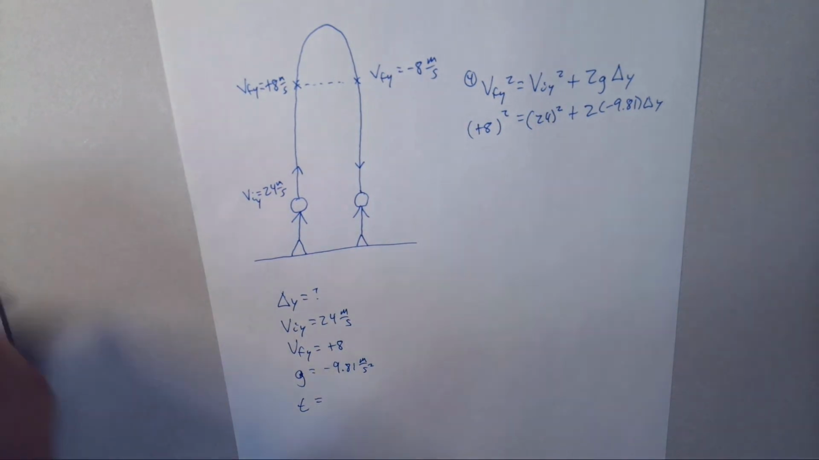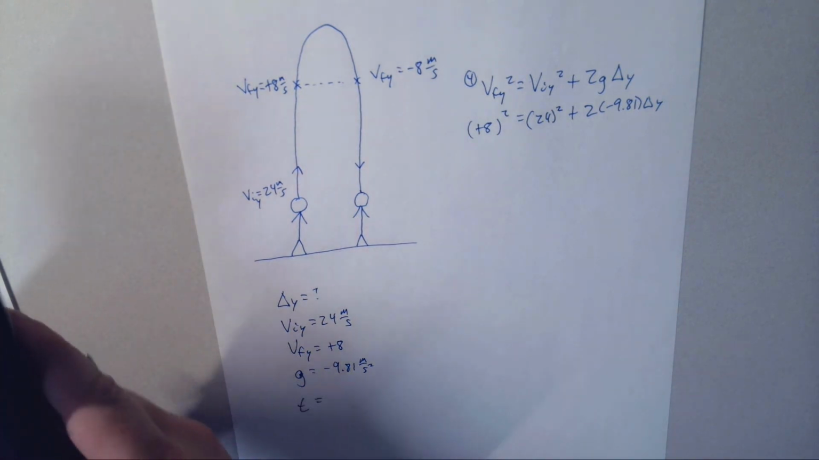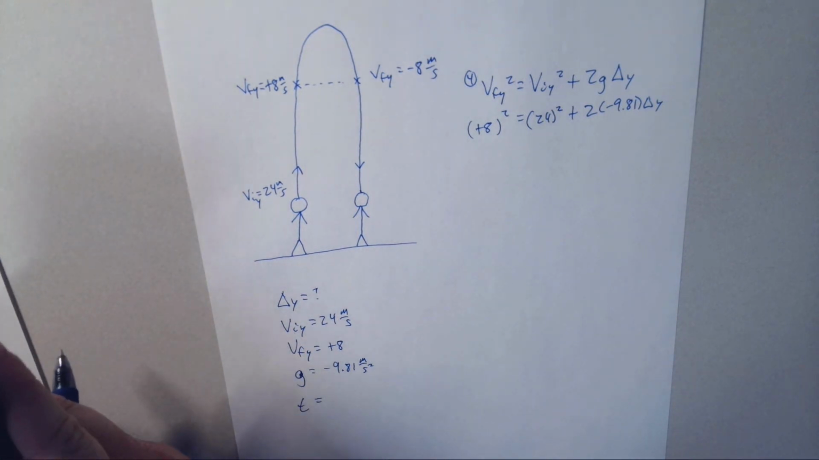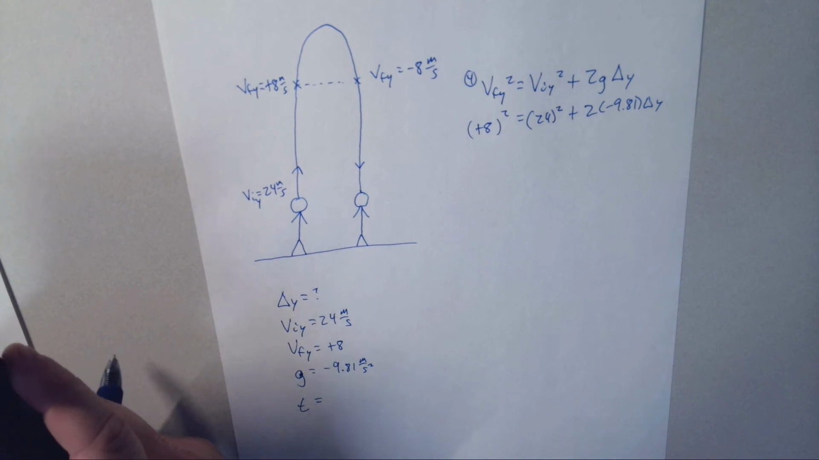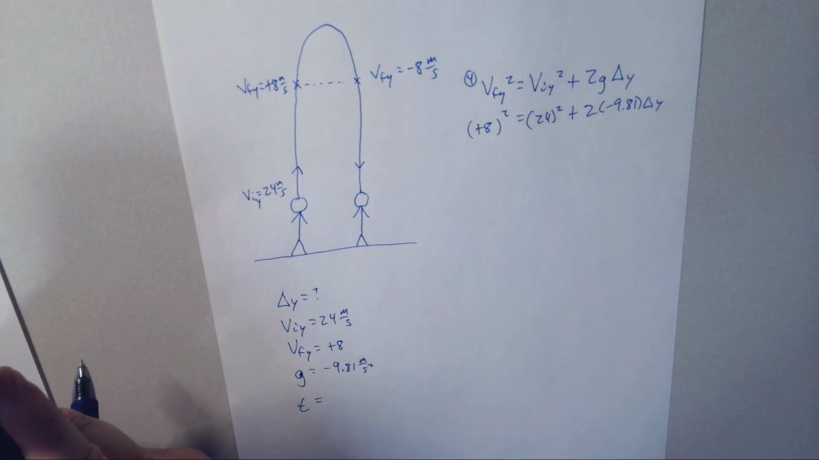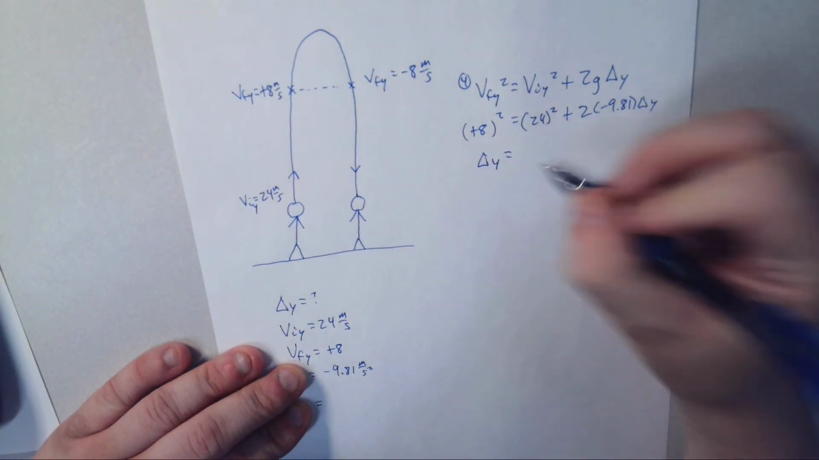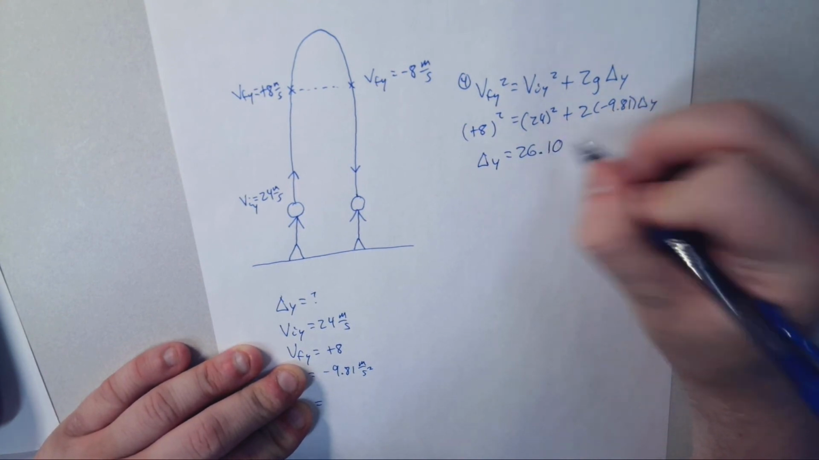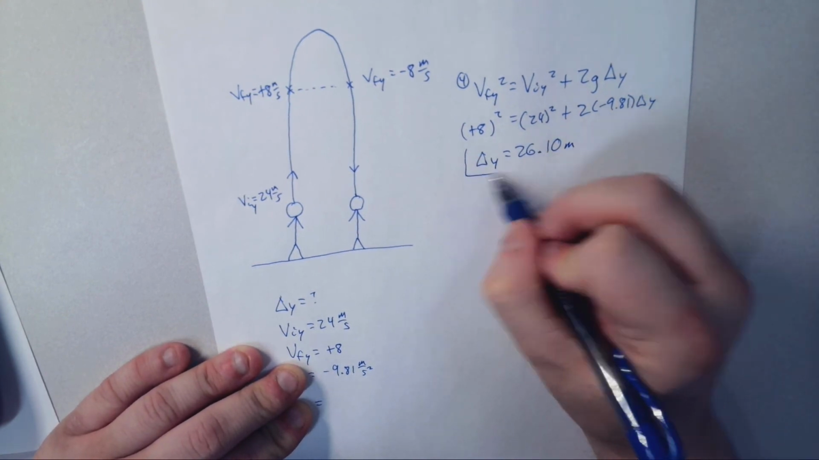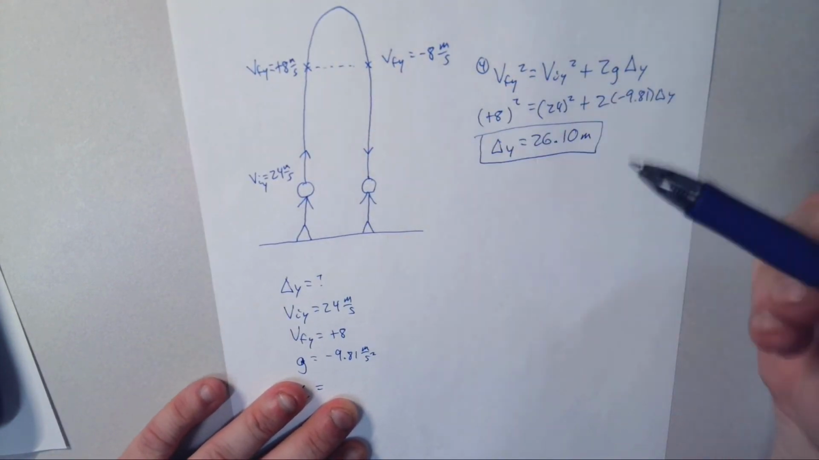All right, by the board, we're solving it here. So what we're going to do is square: 8 squared, subtract 24 squared, and we should get a delta y that is positive 26. We've run out the 2 decimal places: 26.10 meters. Now remember, that means that's not only 26.10 for this one, but